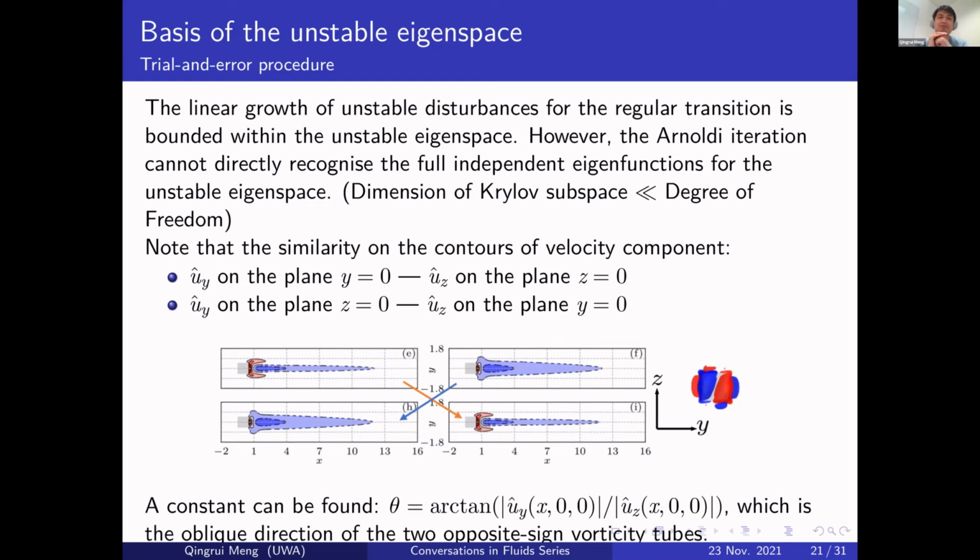So we are trying to use a trial and error procedure to identify the basis of the unstable eigenspace for